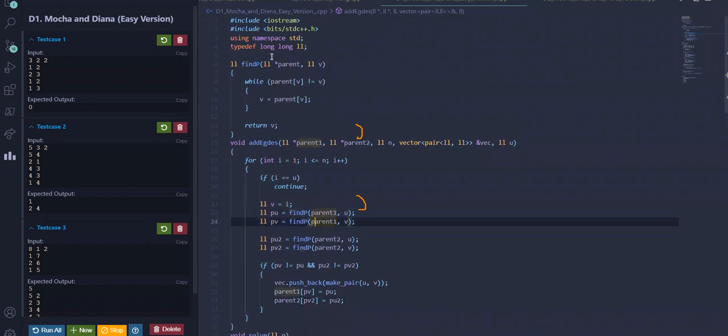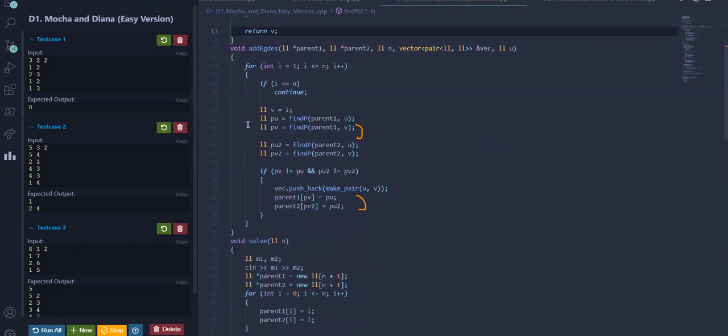In the find function, we are getting our parent array and a vertex v for which we have to find the ultimate parent. So we check while parent of v is not equal to v. If parent of v equals v, that means that is the ultimate parent, so we will return that.